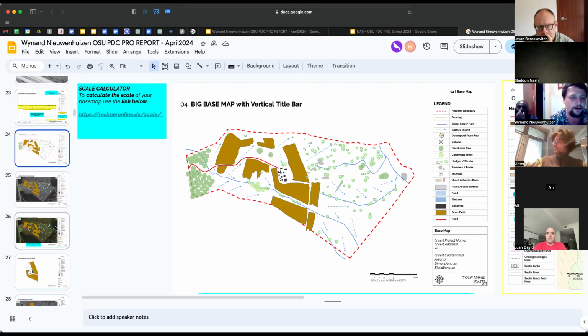So yeah, I'm a bit in two minds. Should I make like a third base map, you think, with a big area just to check the big runoff, or